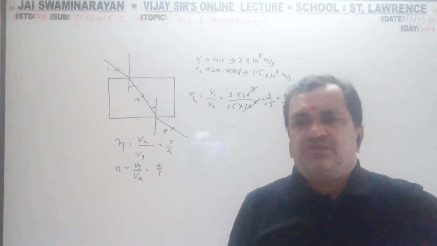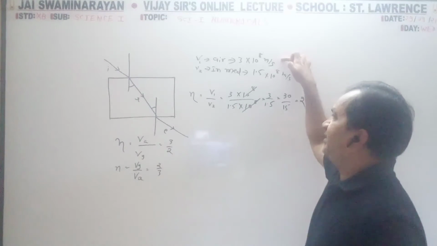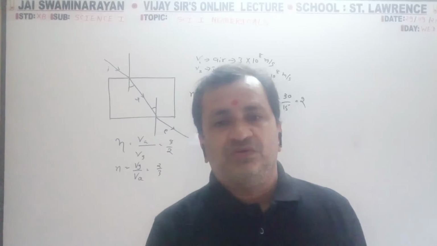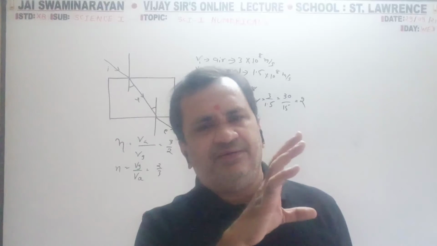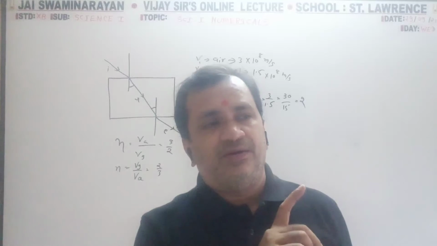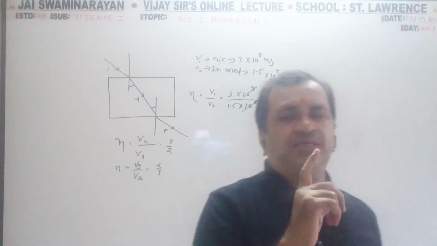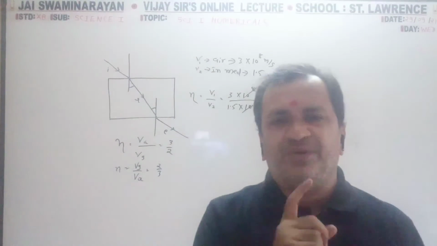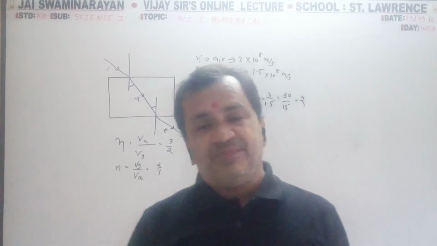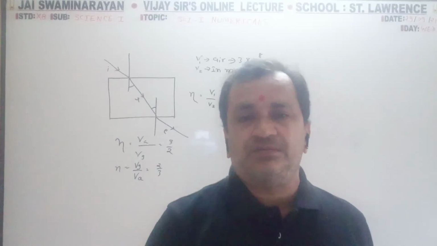My question is, we are writing a unit for speed in air, a unit for speed in medium, but we are not writing a unit for refractive index. In that table I have mentioned air to air 1.0001, air to water 1.31, in ice 1.33, in simple common glass 1.5, in diamond 2.42. So only numbers are there, no unit.